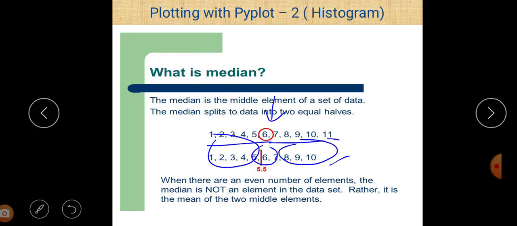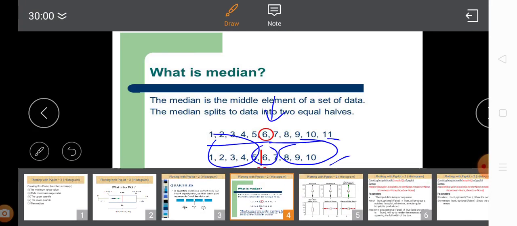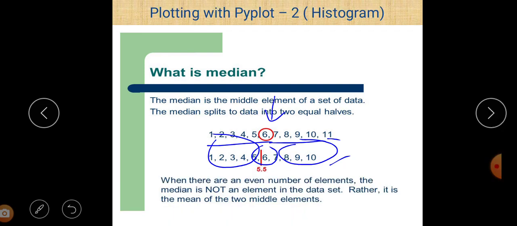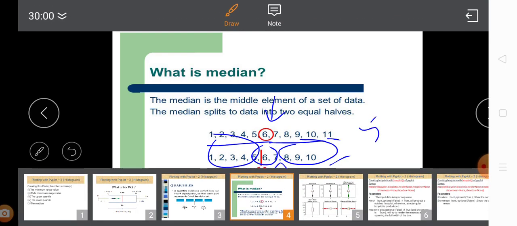And in this case, we find 2 data elements, so we are not able to find a single middle element. In that case, if we want to find the middle element, we take the average or mean of these two middle elements, and the mean of 5 and 6 is 5.5.